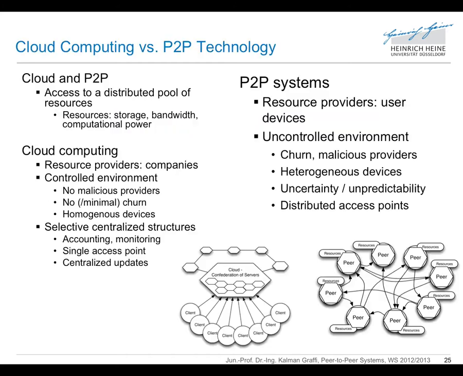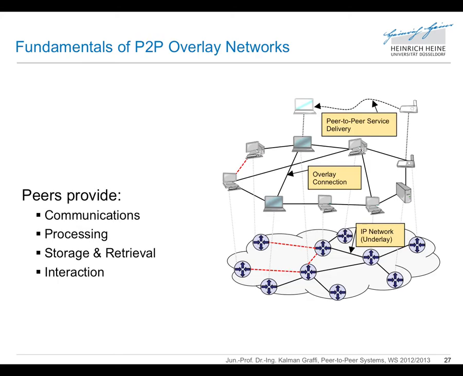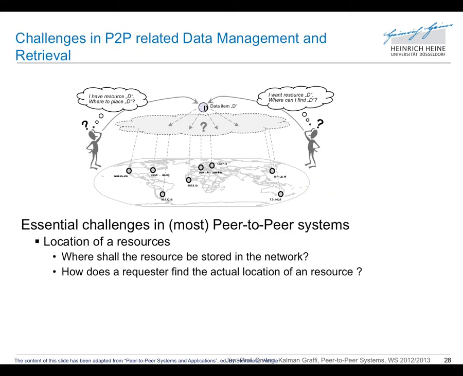Okay, that's the overview on peer-to-peer characteristics. Do you have any questions on that? Otherwise, I would jump into the categorization of peer-to-peer overlays. So there are basically two big types of overlays. So what kind of peer-to-peer overlays do we look at? We look with high focus on this